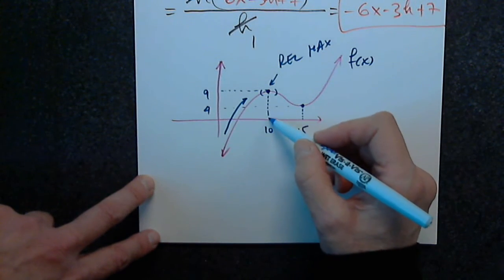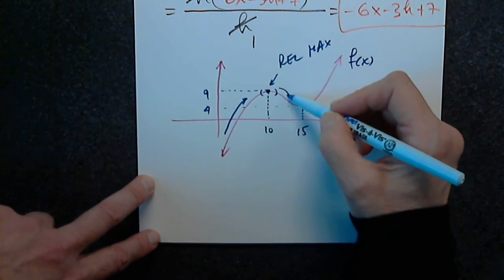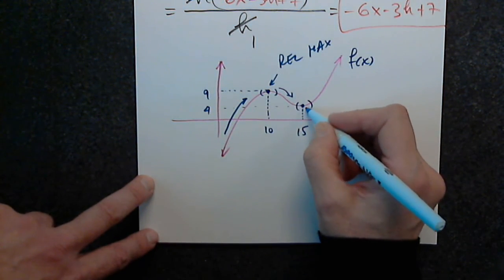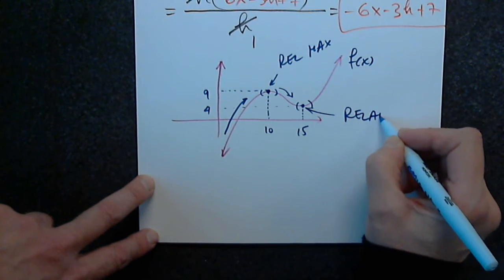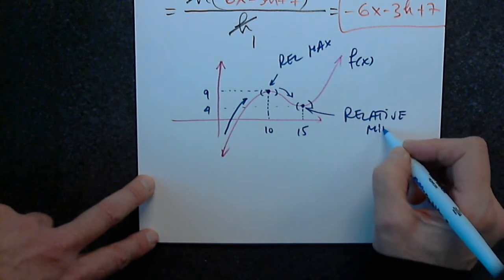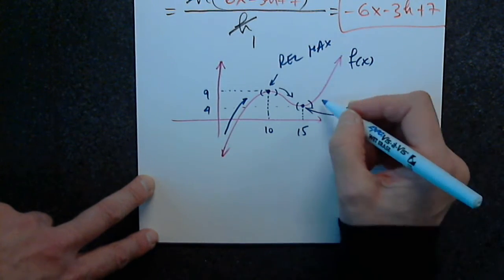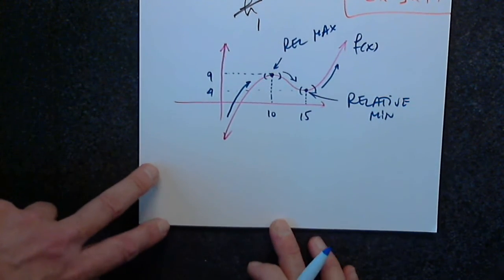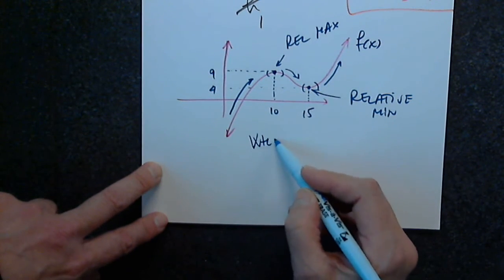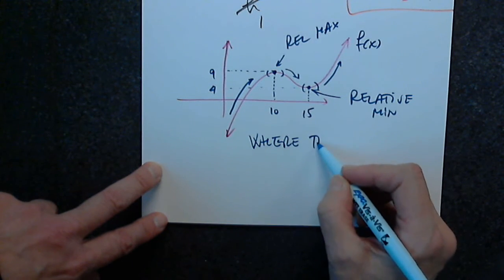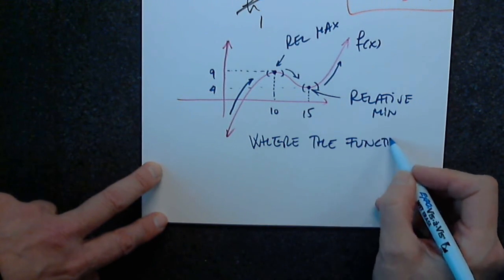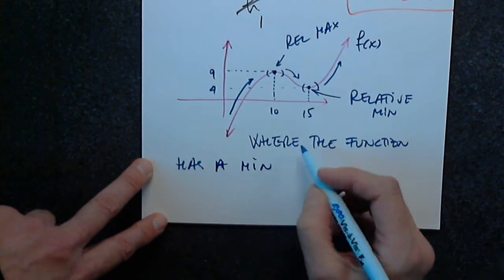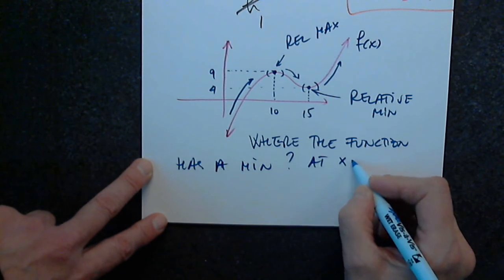Would you agree that between x equals 10 and x equals 15, the function is decreasing the way I graphed it? Yes. Okay. And of course, what do you think this point will represent? Very good. It will be a relative min. And beyond 15, would you agree that the function is increasing? Okay, so if I ask where the function has a min, you will say at x equals,